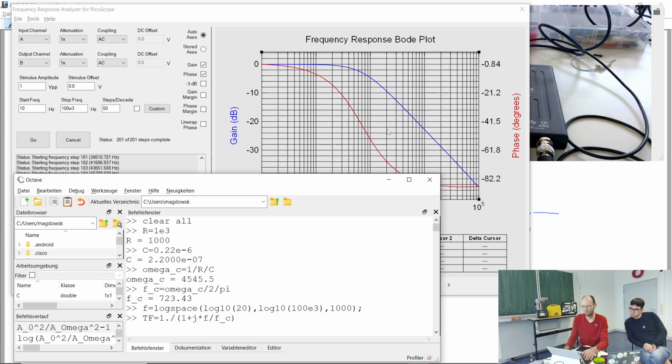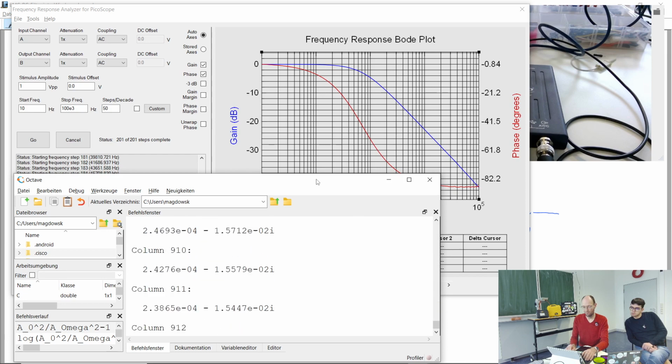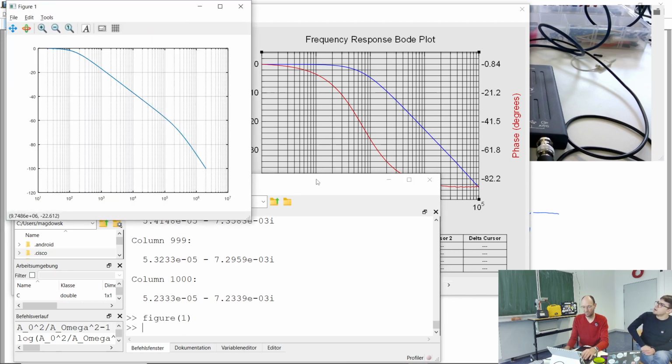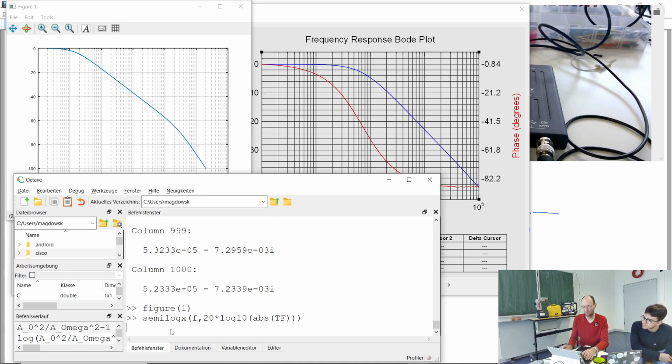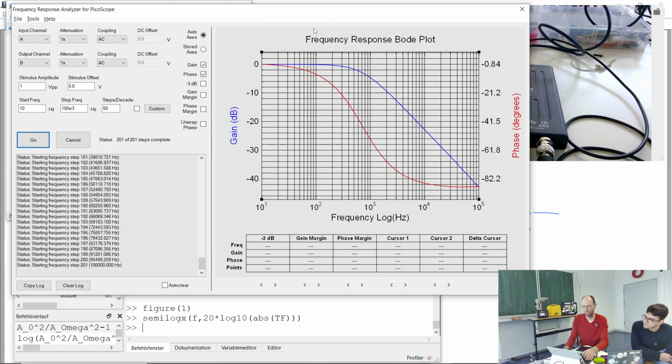This is what is written on my slide set. Okay, I should have escaped the output. And yeah, so here we can also do the same in figure 1, have a semi-log x plot of frequency and the magnitude of this transfer function, and 20 times log 10 of this should now give us